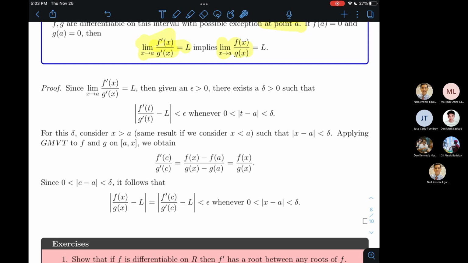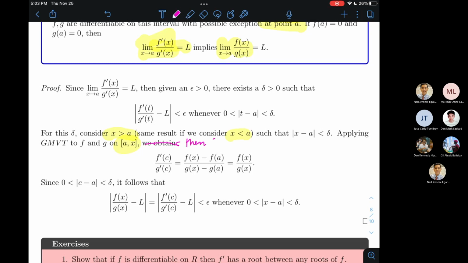And then, since we know that f and g by assumption are continuous and differentiable on the closed and open intervals respectively, then we can apply the generalized mean value theorem to them, on the closed interval a comma x, right? Dito papasok yung consideration na si x ay greater than a. If you have chosen x to be less than a, then you will apply GMVT on x comma a. Not a big deal. Ang sinasabi niya lang ay